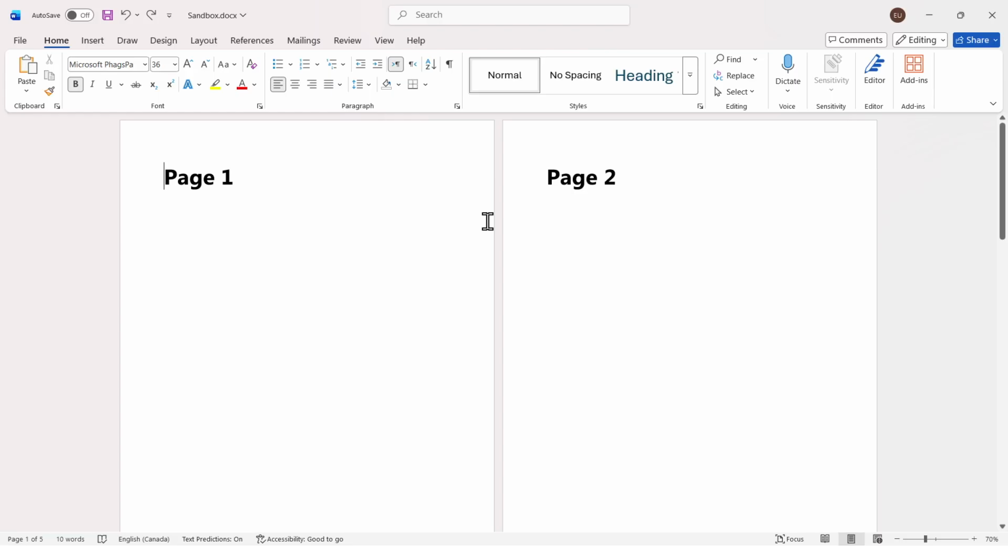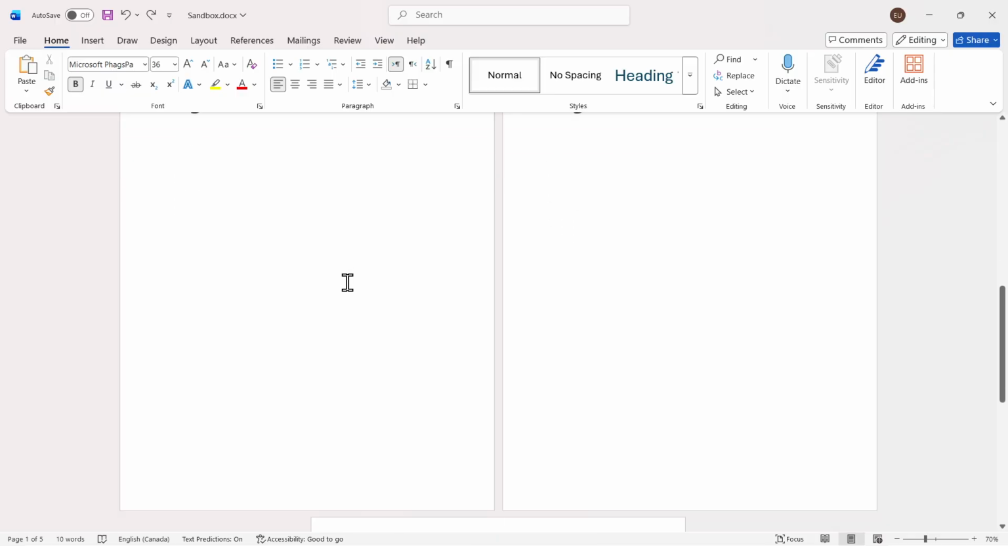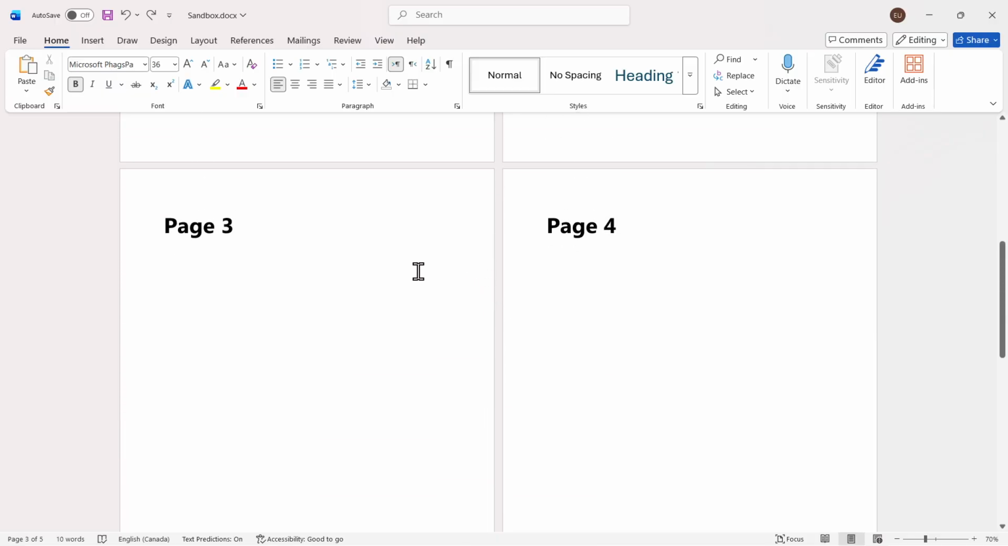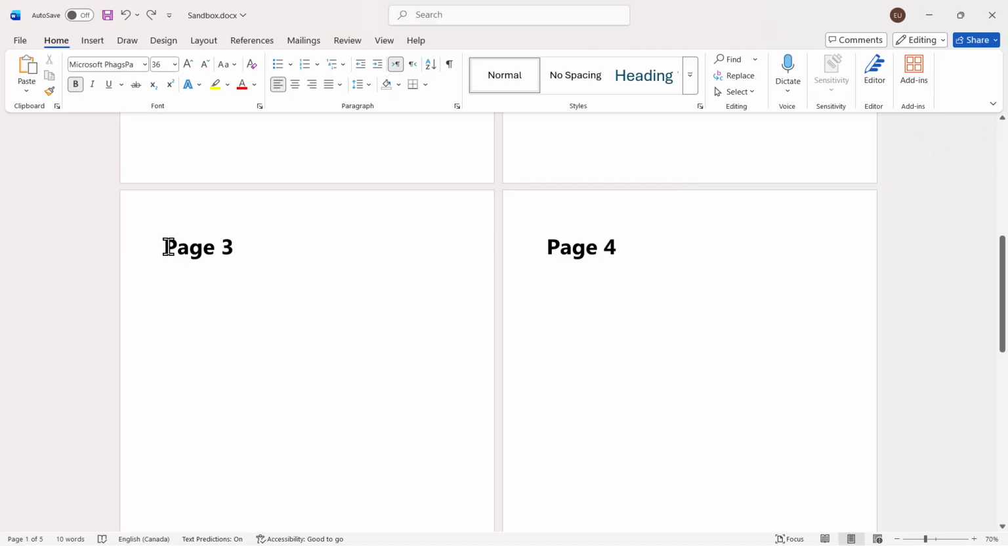In this video, I'm going to show you how to start numbering pages from a specific page in your Word doc. So here I have 5 pages, as you can see, and let's say we wanted to start numbering those pages from page 3. So first you have to just put your cursor in the beginning of that page,